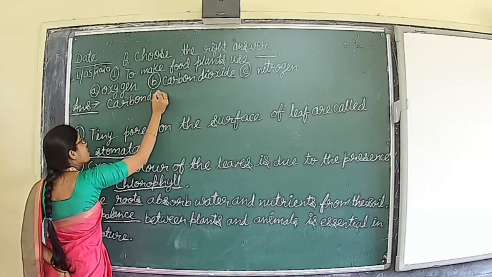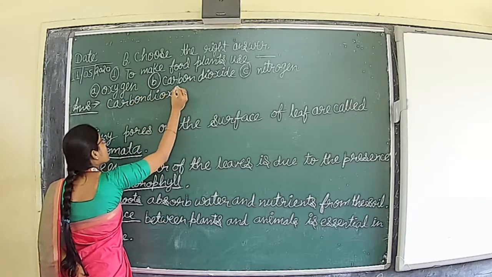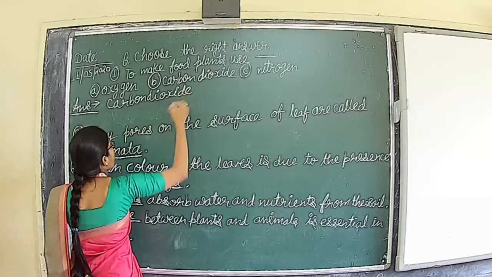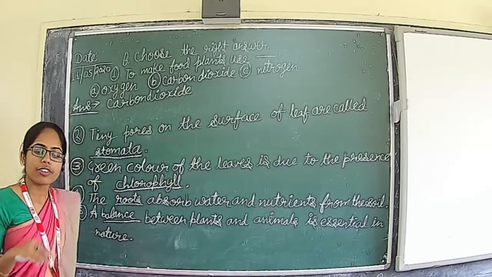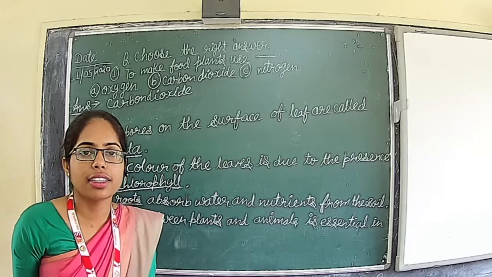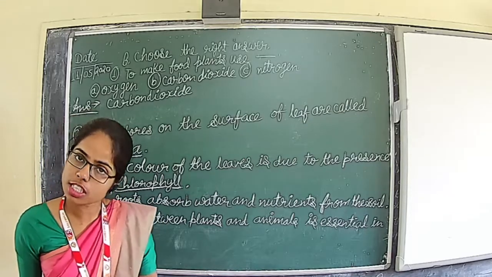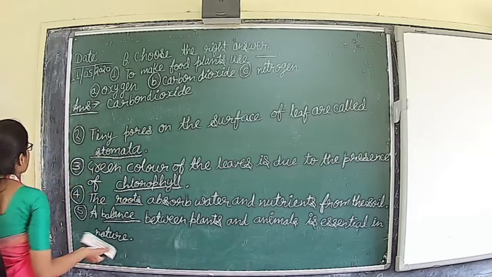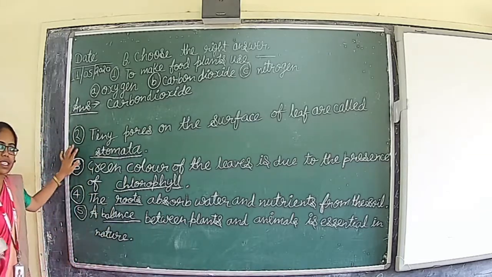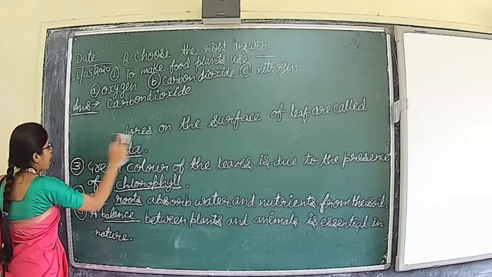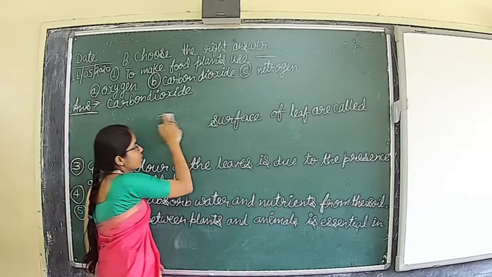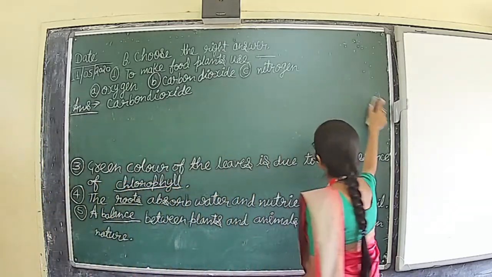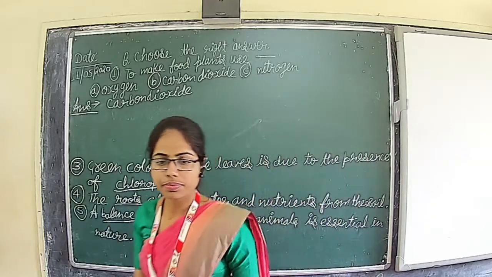And if you are doing it in the book, put a tick mark in front of the box given there. In front of carbon dioxide, one box is made in your book, no? In that box, put a tick mark. Now I am going to rub this second fill in the blank. I hope all of you have written. Moving to the second question.